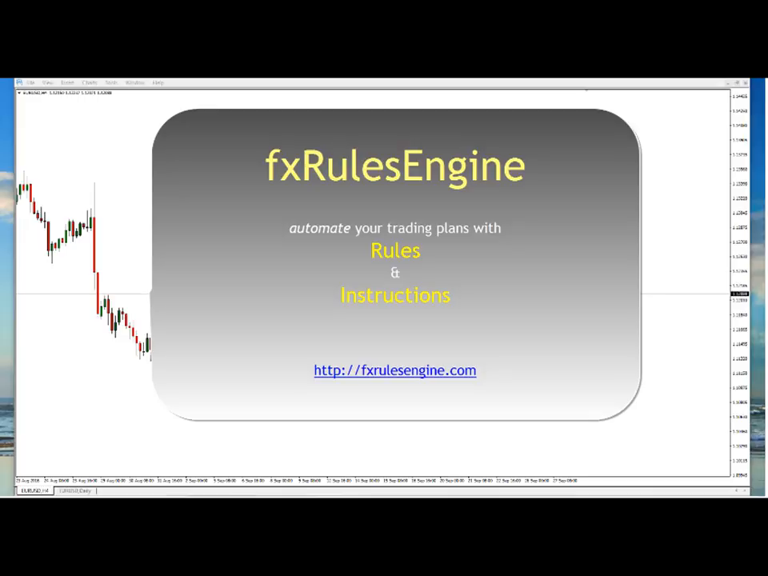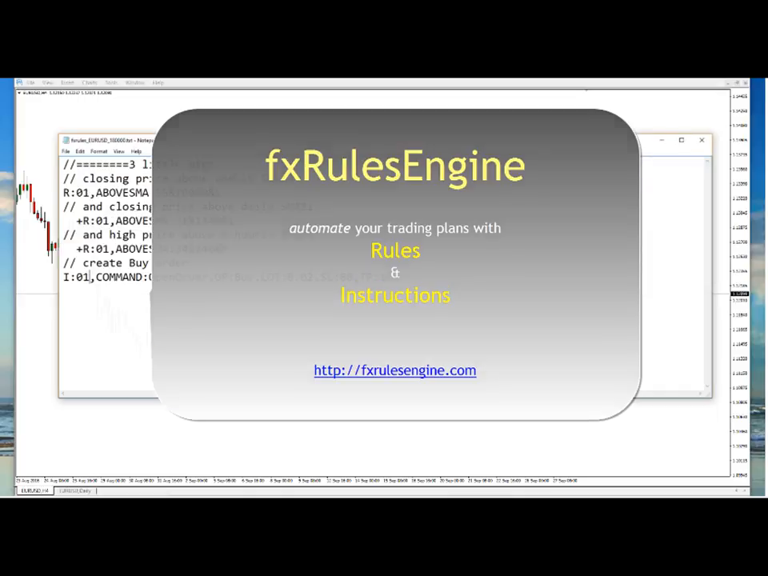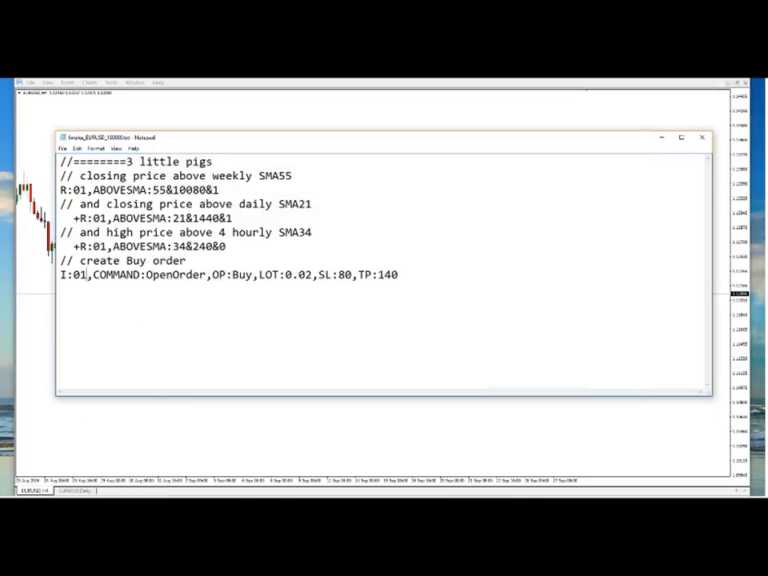fxRulesEngine automates your trading plans. So let's have a look at configuring just the buying side here. Now, just to remind you, with fxRulesEngine, we deal with rules, which are your market conditions that must be true, and instructions, that is the things you want to do. If you look at the screen, you'll see we have one rule, R:01, all rules start with R:, and one instruction,